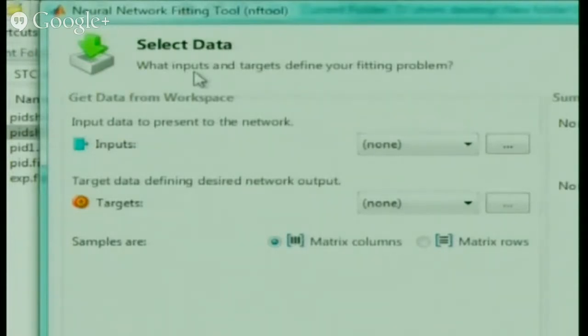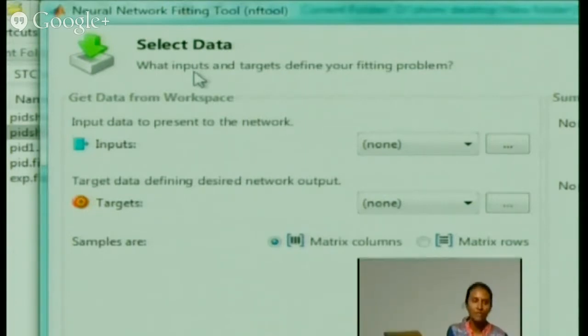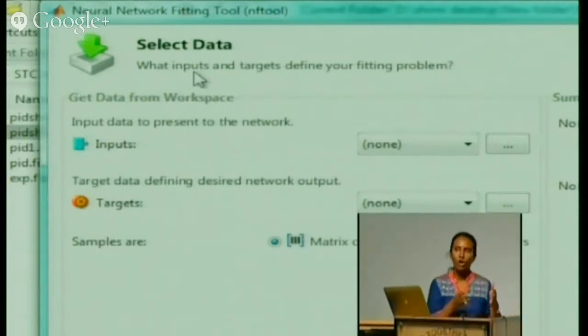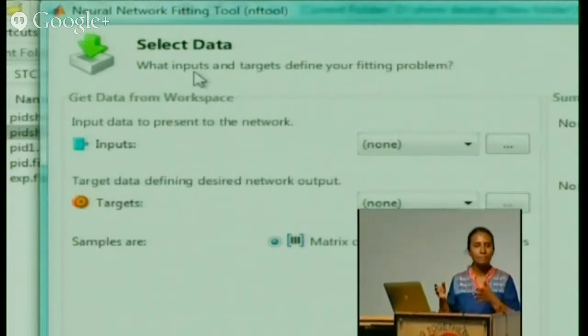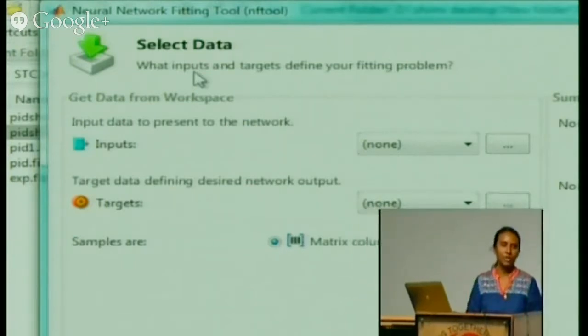When you go for real-time data, and I'm mainly telling this for hardware implementation or real-time use, you will have a lot of data, it may be in thousands or in lakhs. Such data you can bring here. You can save all of it in an Excel file or in a notepad. All the inputs you have to save in one file, and all the outputs in another file.